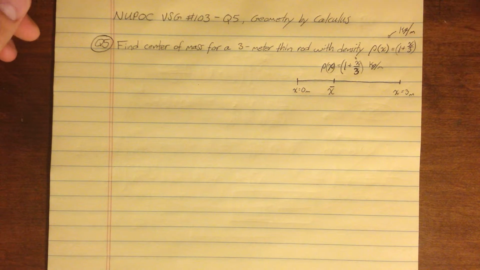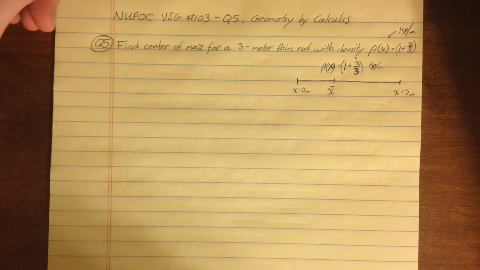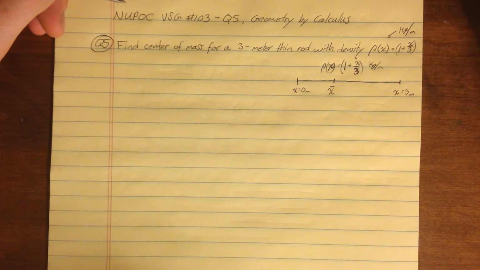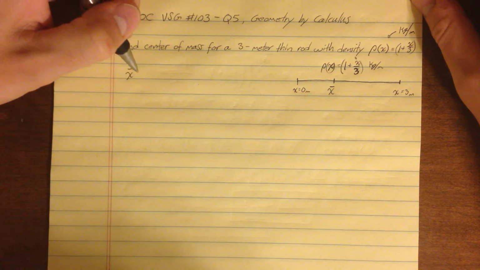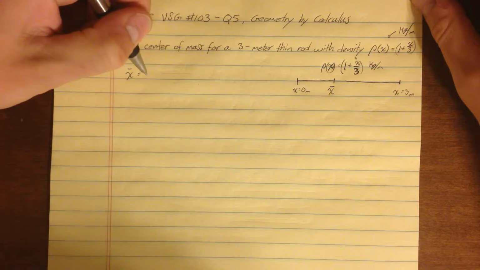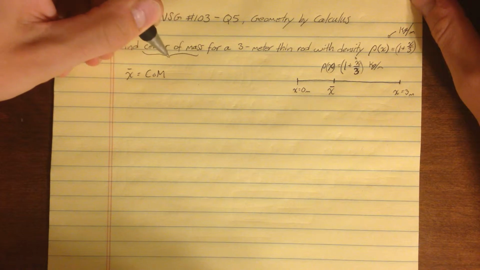It's like a mass weighted average of the center of an object. Okay, so we can say that x bar, which is our center of mass,